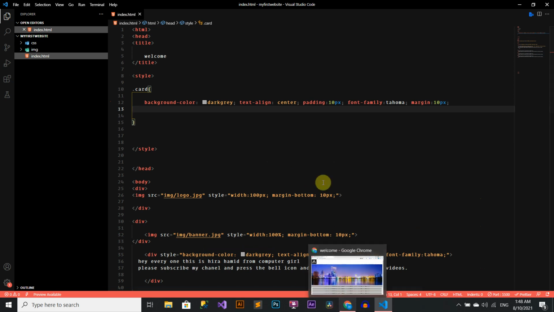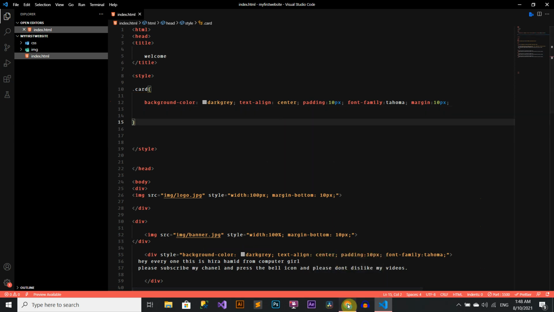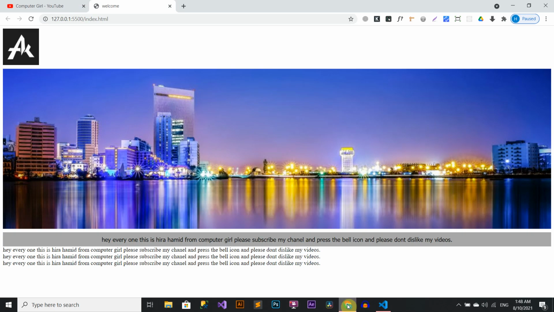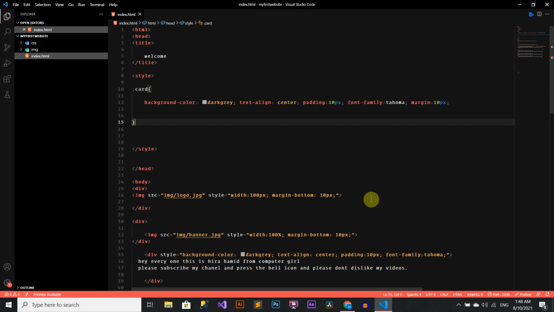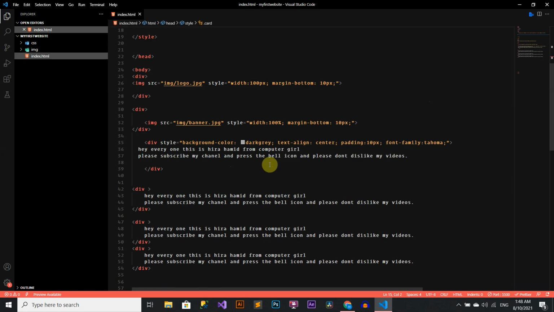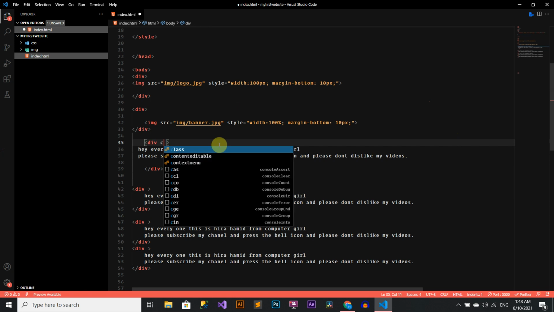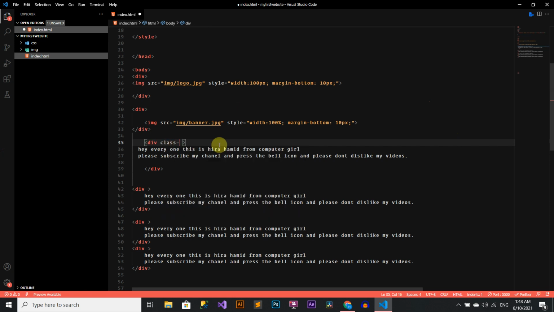Once we removed, we can see the div without style. Now we will add this card class inside div. We will write class equal to opening quotation card without dot and then closing quotation.